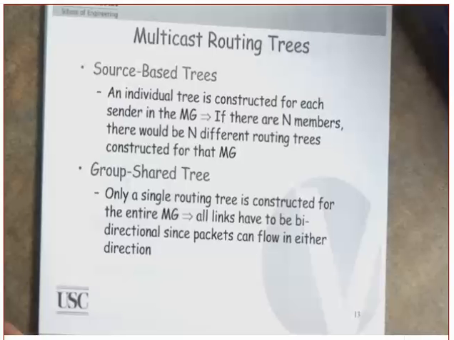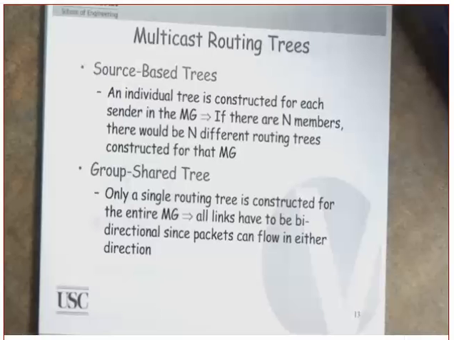Now, this is reverse path broadcast, excuse me. See how this one works. This one sends a copy only to this network, because it is known as the parent router to this network in here.